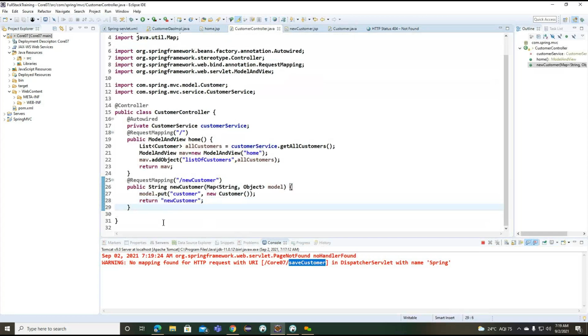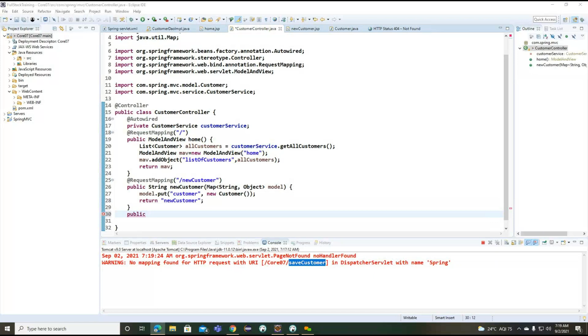Again, we need to go to this particular controller class. So define here save customer here. Getting the point.